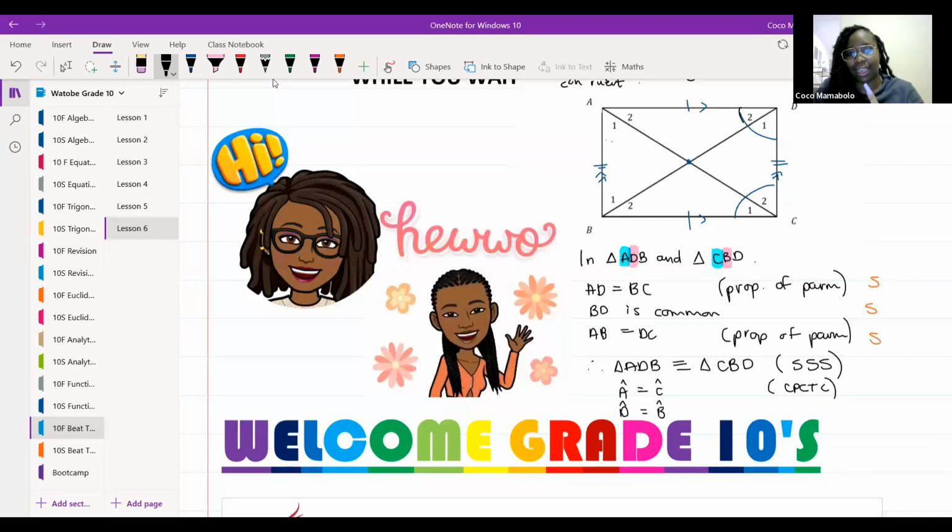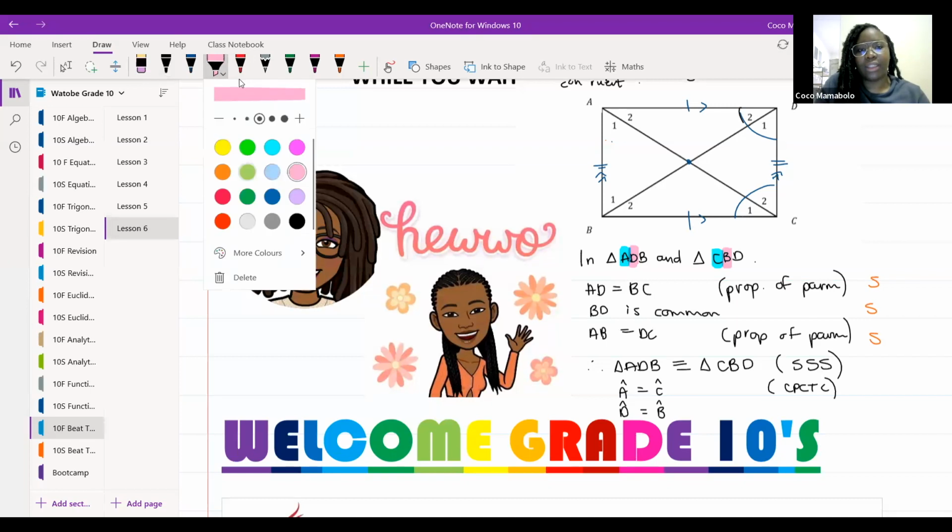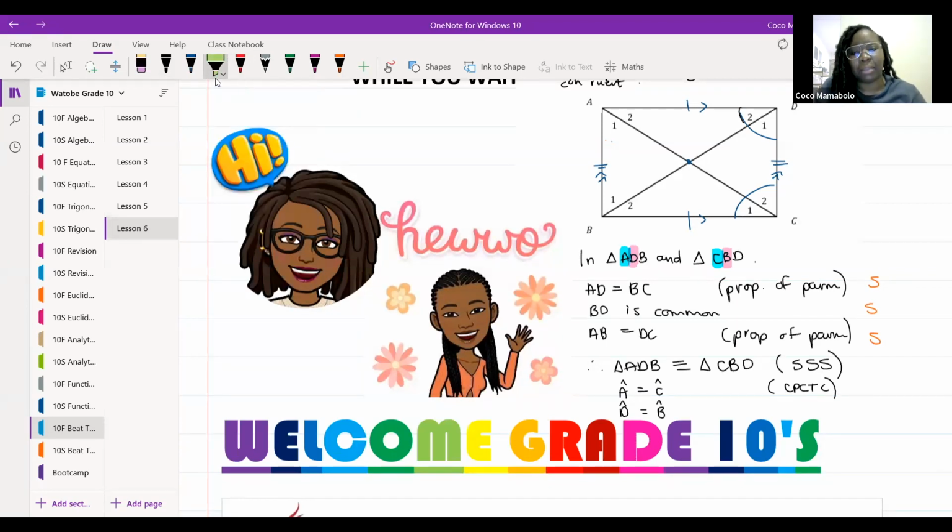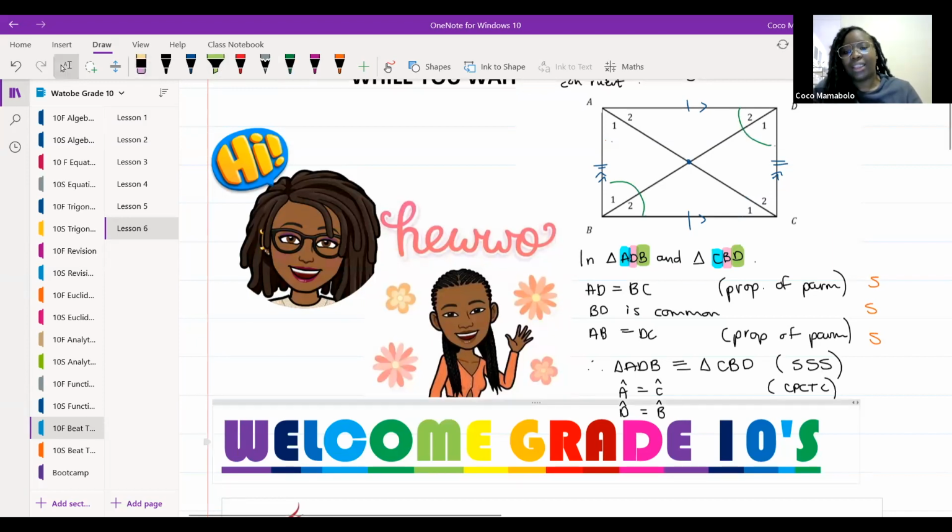But here is the kicker, guys. Because BD is common, that means that the next set of angles are going to be the same angle. Angle B is equal to angle D, right? So that's telling me the same thing twice. What that actually means, guys, is that this angle is equal to that angle, right? And if those two angles are equal to each other, then that automatically means, what about A and C? They need to be